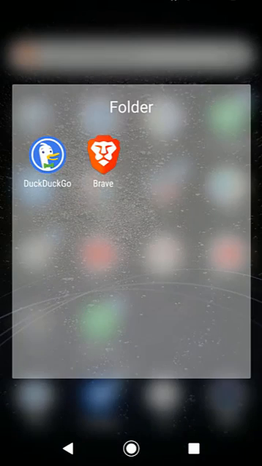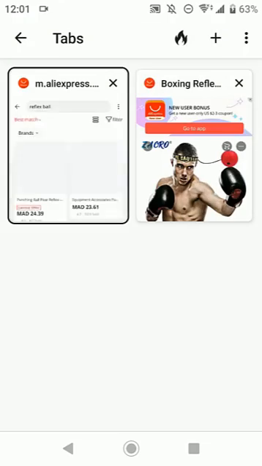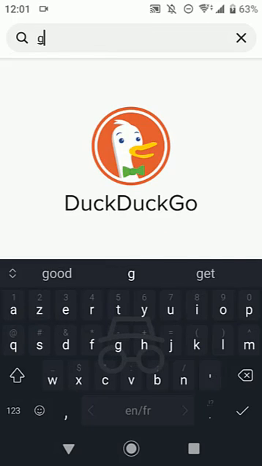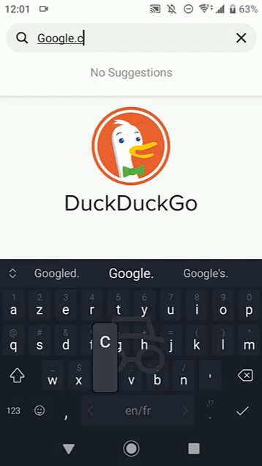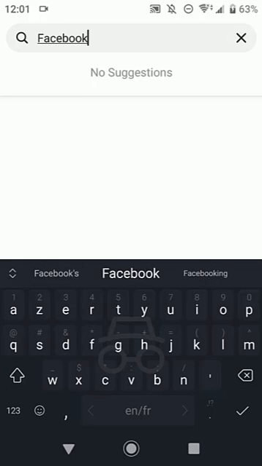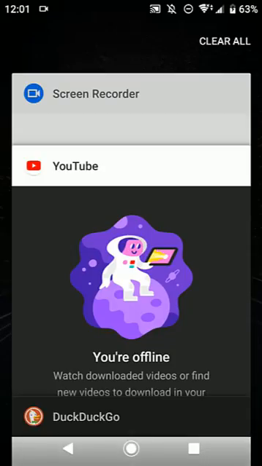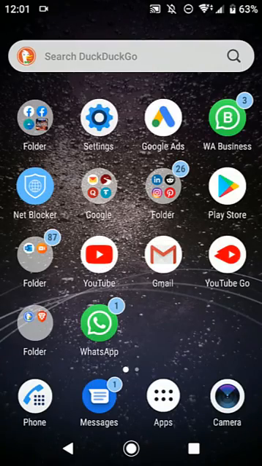I'm going to try to navigate in this browser. Let's try Google for example. As you see, it's not working. I'm going to try Facebook. It's not working. So to fix this problem, just go to settings